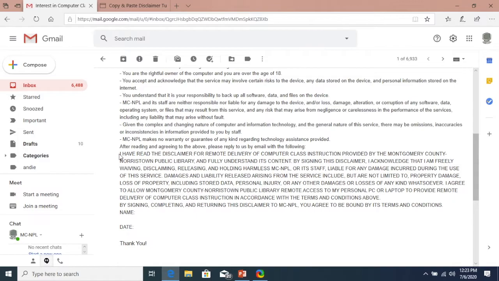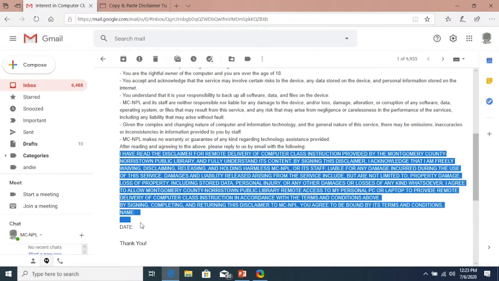Now, keeping the cursor focused, left-click down and hold it down while we drag the cursor to the bottom of the disclaimer text. Okay, let go of the mouse by lifting up your finger, and we can see the text is now highlighted.